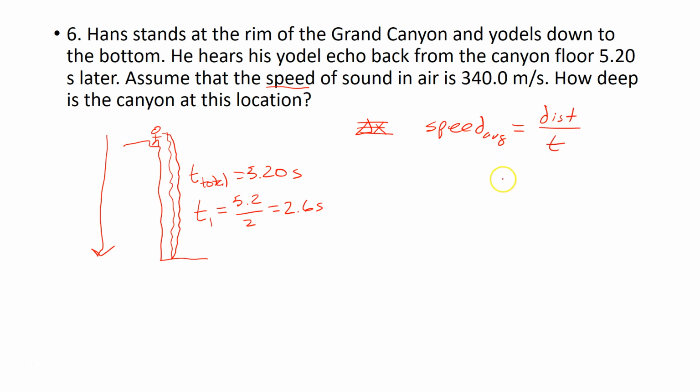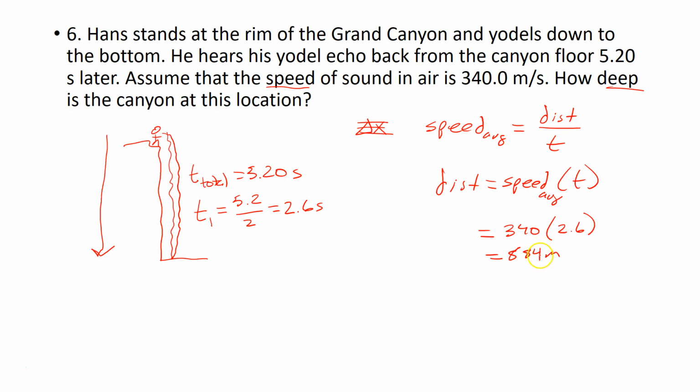Since we want to find out how deep the canyon is, the distance is equal to the average speed times the time. The average speed of sound in air is 340, and then we want to multiply that times 2.6 seconds. And if you do that, you do end up with